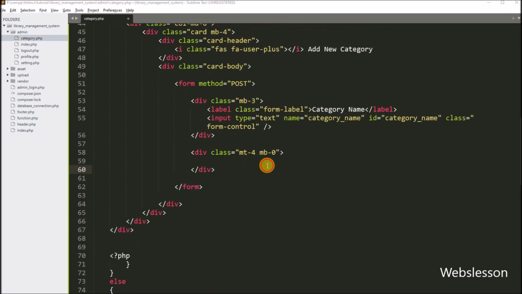After this, for submitting the category form data, here we have created one input with type equal to submit, name equal to add_category, and value equal to Add, so by clicking on this button, the admin can submit the category form data.